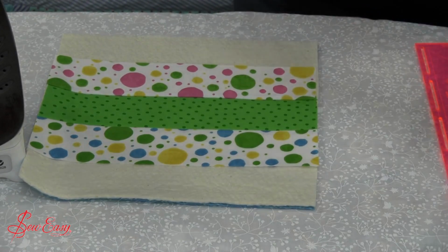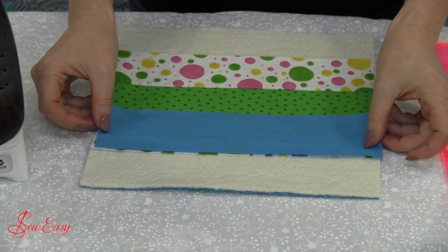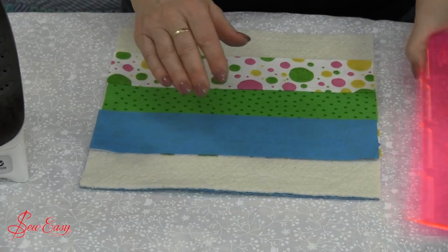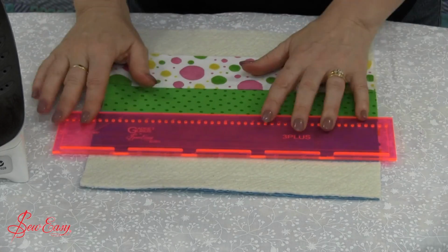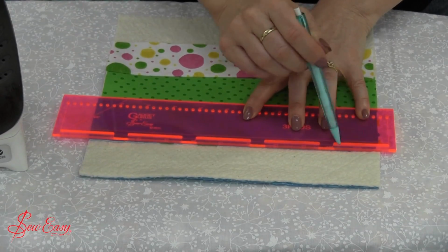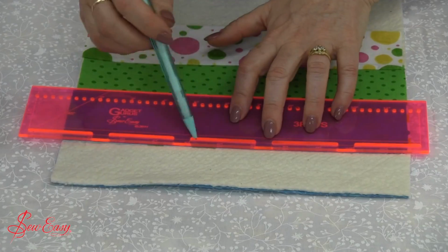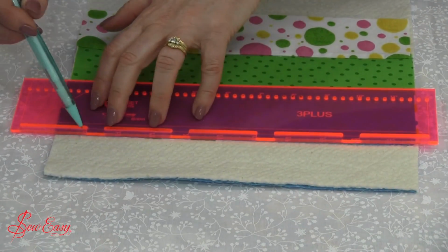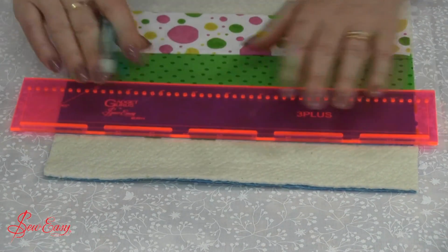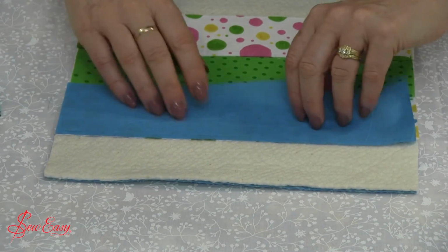Now, to sew your edge strips on, it would be the same thing again. Take your strip, put it right sides together, mark the scant 1/4 inch seam allowance. Now, if you don't have one of these, you should get one. They're very handy. When you're stitching, you want to sew with your walking foot attached, because, as I said, you're piecing and quilting, so you've got all those layers to sew through. So I've marked my scant 1/4 inch seam, and I'm going to stitch down there,